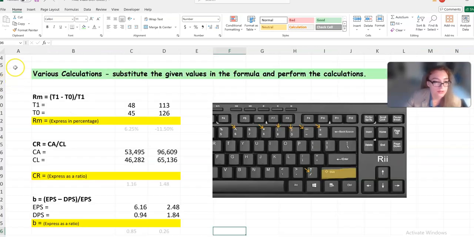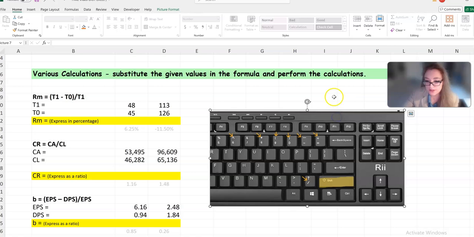Now let's look at various calculations that we would make if we can input some numbers in a formula. In other words, we would need to substitute the given values in the formula and perform the calculations. So let's first look at the keyboard for mathematical operations,